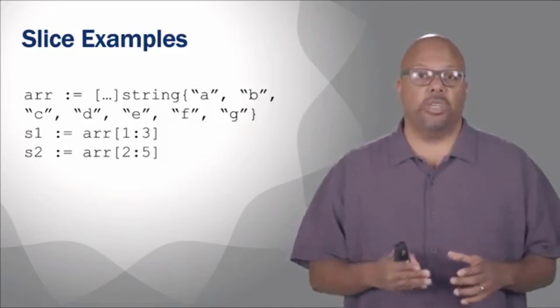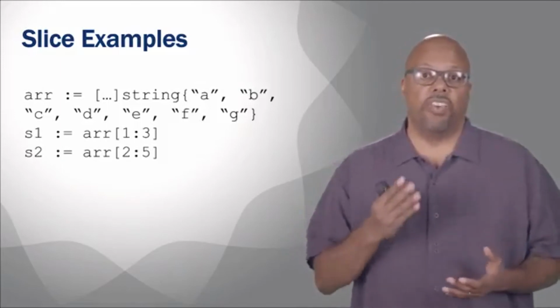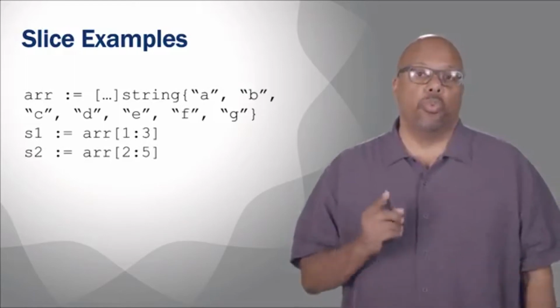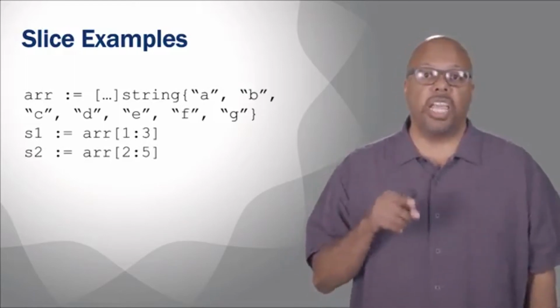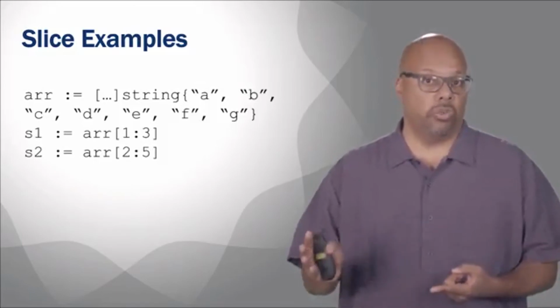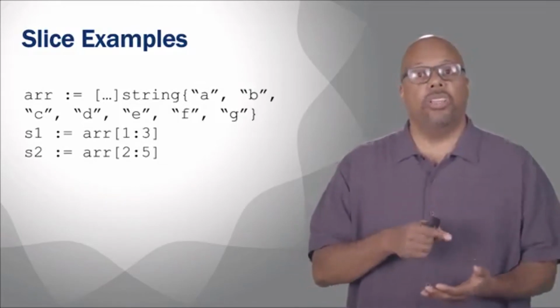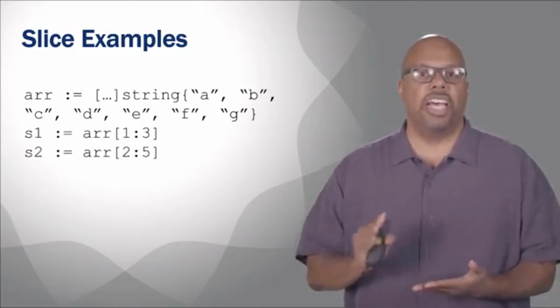We use this bracket notation and we use the colons inside the brackets to define the beginning and the end of the slice. So, if you look at S1, S1 colon equals array ARR, bracket 1 colon 3. The 1 is the pointer to the first element of the array that is inside the slice. And the 3 is the index just after the end of the slice. So that slice, S1, it includes array elements 1 and 2, not 3. So the second number after the colon is just after the end. Now if we look at S2, that's 2 colon 5, right? So S2 starts at 2 and includes 3 and 4, does not include 5.